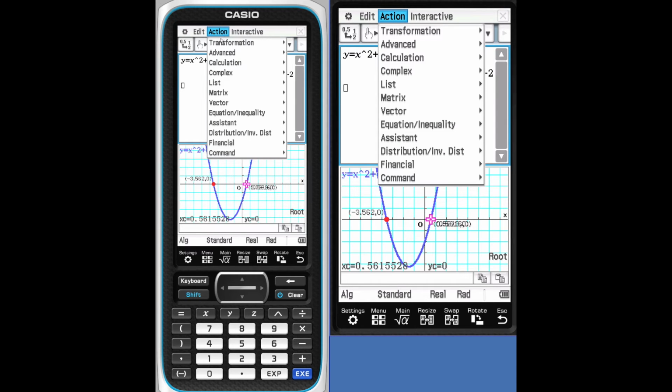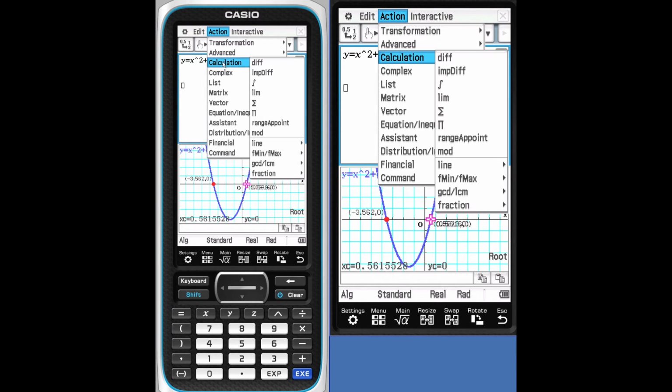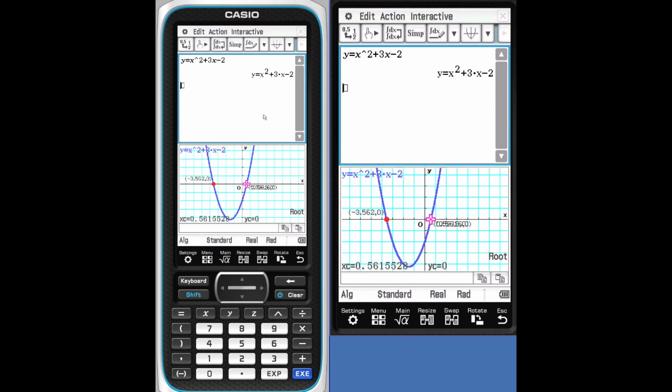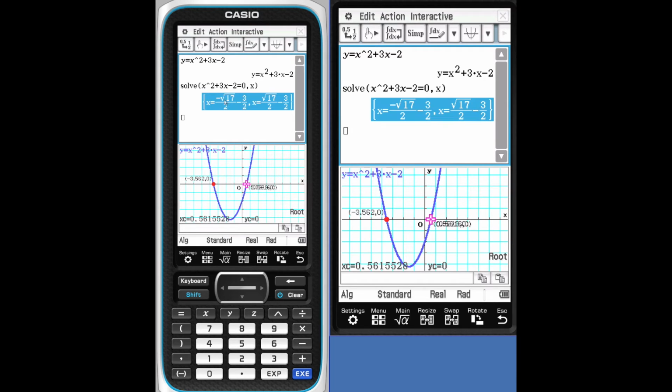So if we come up here, go to Calculations, or Equations and Inequalities, and solve the equation you have for 0, equals 0, and we're solving for x, you get a representation of what the answer is.